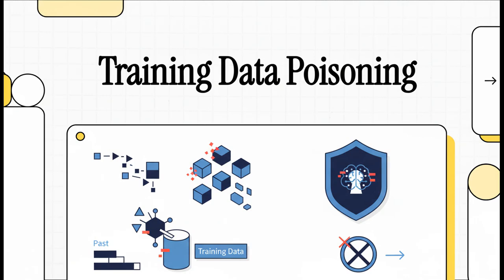When we talk about AI security, our minds usually jump to hackers trying to fool a live model. But what if the attack already happened, months ago, before the model was even deployed? What if the real vulnerability isn't in your code, but in the very data you told your model to trust? Today, we're going to pull back the curtain on a really foundational and, honestly, often overlooked threat: training data